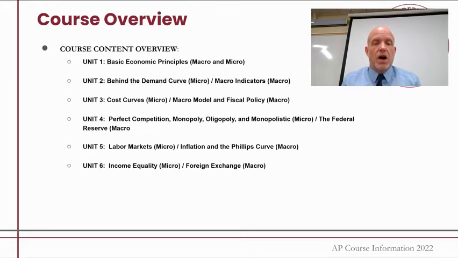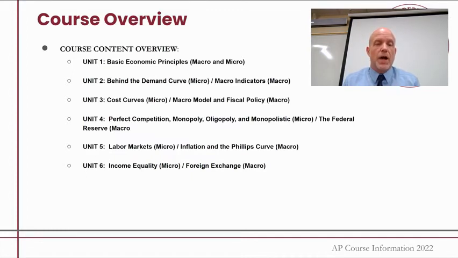Third unit there, you can see cost curves. Micro then gets into the setup for markets. And in unit 3, macro really drives into fiscal policy and that graph called the macro model. Unit 4 for micro is the beginning of markets. So we talk about monopolies, oligopolies, perfect competition, and monopolistic markets. We go back and forth in those, talk about profit, loss, break even, shutdown, all of those different points markets would possibly move to or be in.